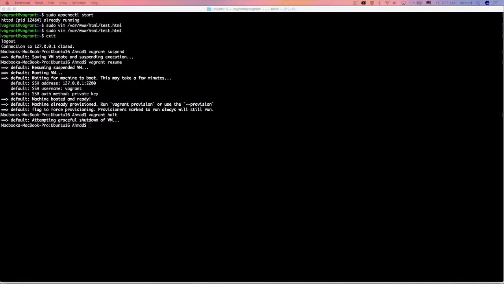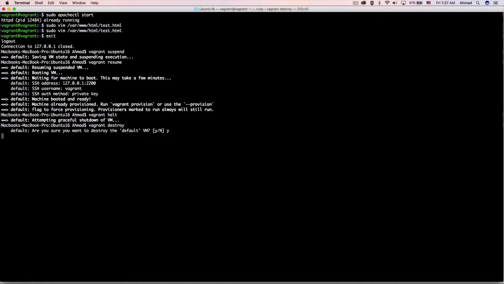So let's have a look here at our command line, and let's issue vagrant destroy to bring our machine back to the way it was before I worked on it. Okay, and as you can see here, it's giving you a warning message: are you sure you want to destroy the default VM? And I'm gonna press yes or Y, and this will destroy everything on the machine except anything that was placed in the shared folder. Now, issuing the vagrant up command will bring the machine back to the way it was when I first imported it from the base box, Bento